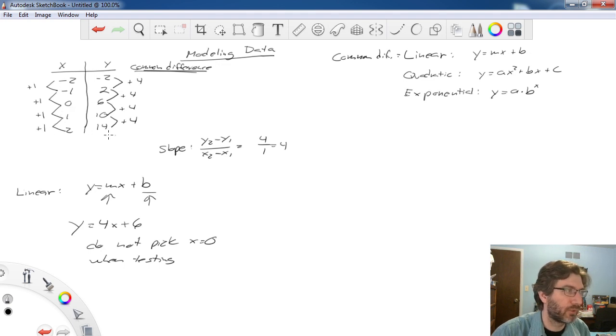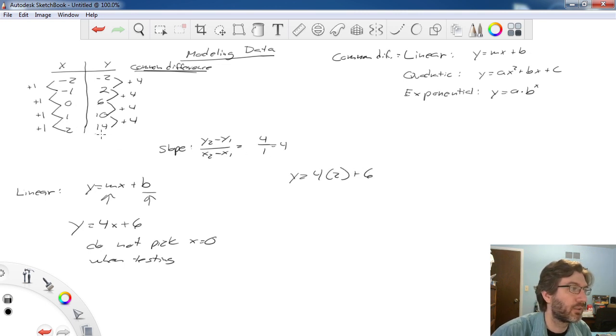Just pick a couple points to test. If you're going to pick 1, pick another one as well. Make sure you feel confident in your function. So let's look at this one here. Let's see what happens when we plug in 2. If we plug in 2 to this, you get y equals 4 times 2 plus 6, and it should be